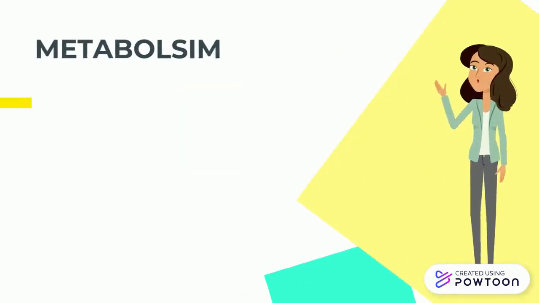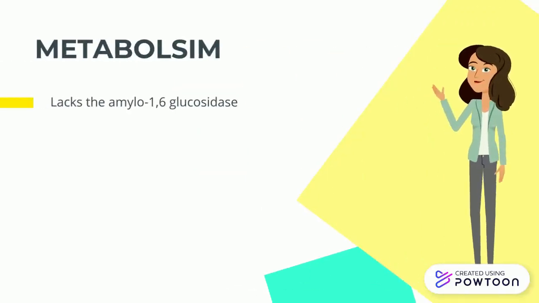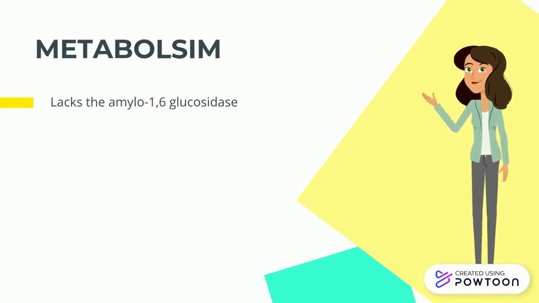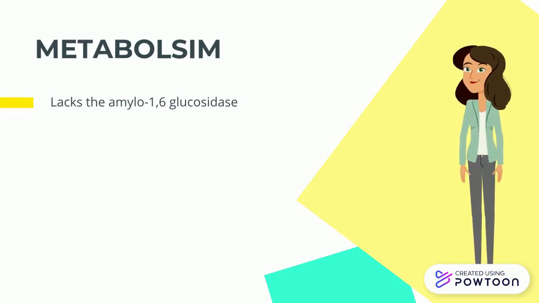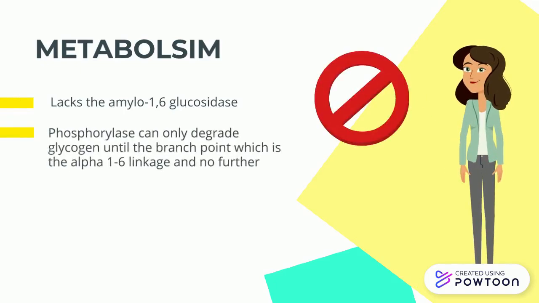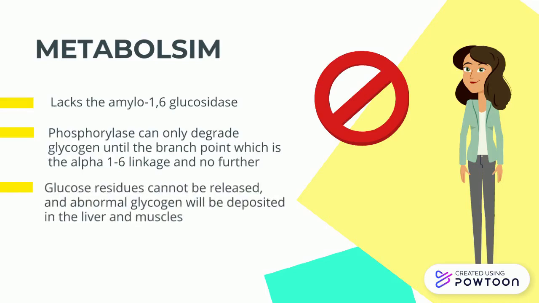GSD3 is a disease that lacks the amylo-1,6-glucosidase known as glycogen debranching enzyme. Usually, the debranching enzyme helps mobilize glucose as a part of glycogenolysis. However, the lack of this enzyme means phosphorylase can only degrade glycogen to the branch point, which is the alpha-1,6 linkage, and no further. The glucose residues cannot be released, and abnormal glycogen will accumulate in the liver